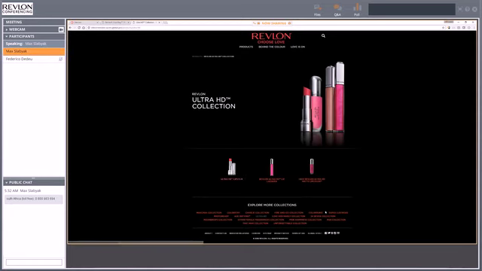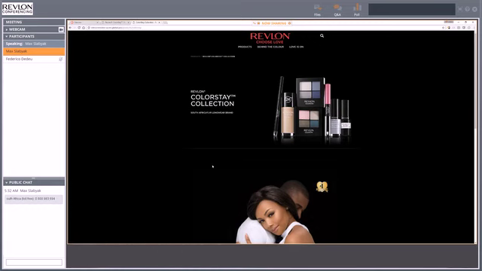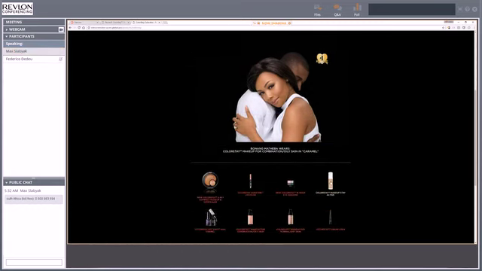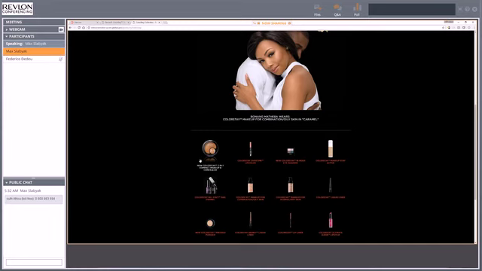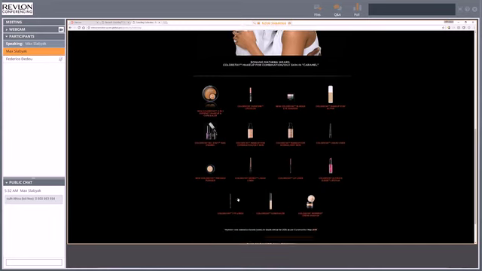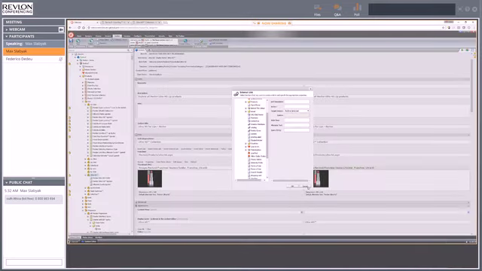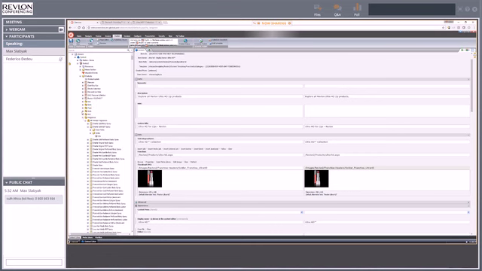So if we look at, I don't know, let's look at, where's Color Stay? They don't even have that. Wow. Oh, here, Color Stay. If we look at Color Stay, we'll see that there's actually eye products, face products, nail products, what I was talking about. So that general landing page, you'll see,